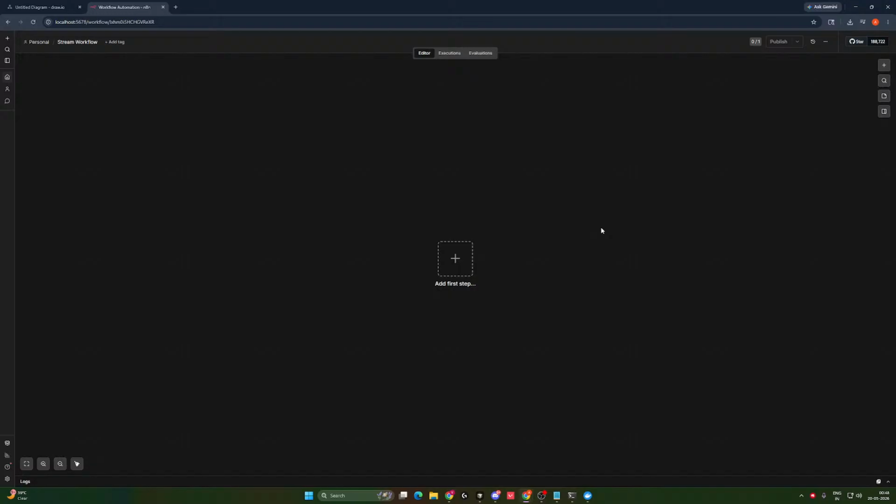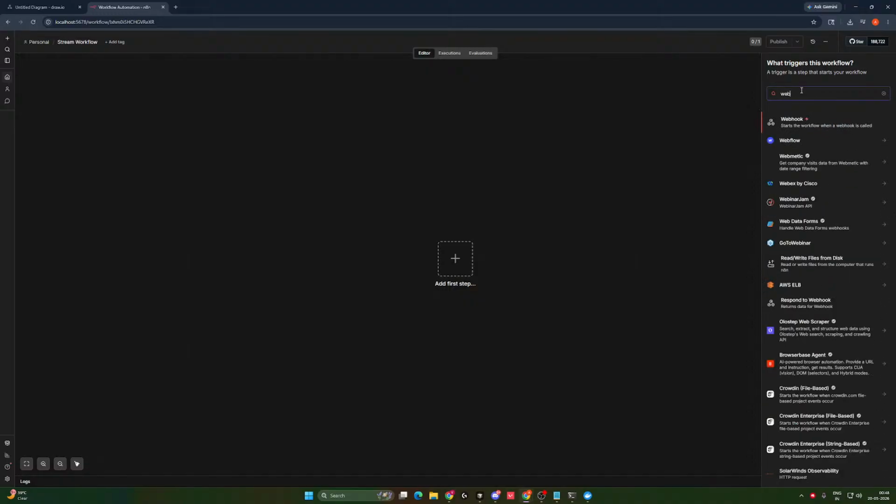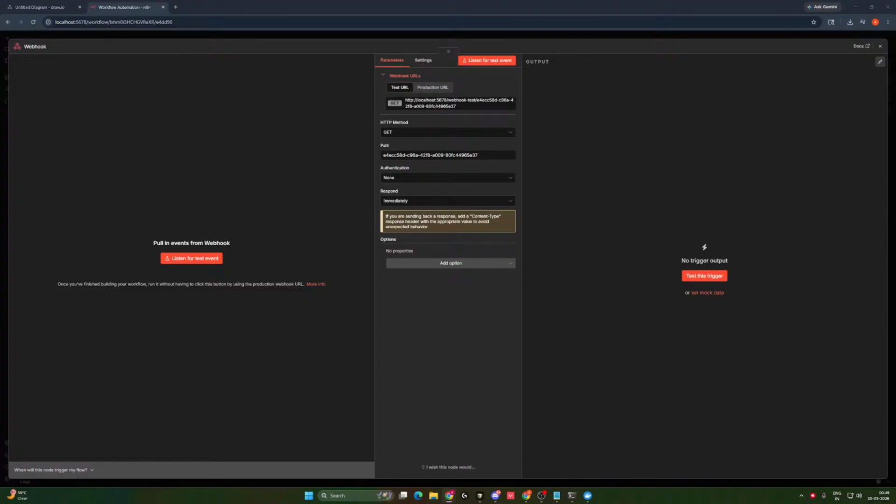Apart from that, the whole behind the scenes is that it's actually just an array of those DSL or JSON blocks. Yes, too much information. Now that we have it here, let's just start building things. What we will first be doing is adding a webhook. Wait a second, let me check if anything is missing.